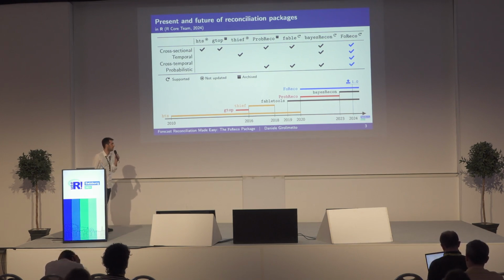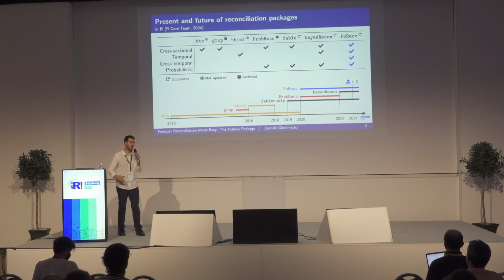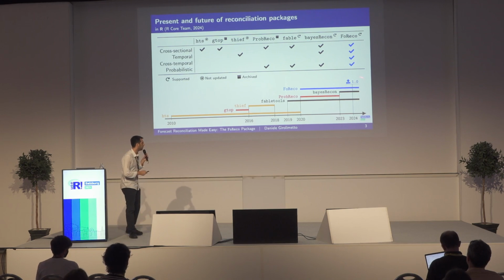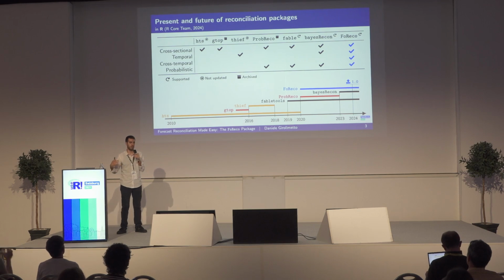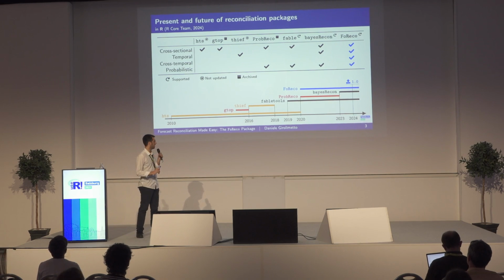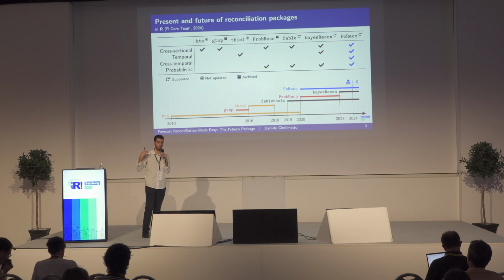What we want to do with FoReco is to cover all these frameworks. So we want to cover cross-sectional, temporal, and mixed temporal and cross-sectional reconciliation using the cross-temporal approach, and also look at probabilistic forecast reconciliation. I want to point out that in these days a new version is also going out, version 1.0, that makes a lot of changes and broke the previous version. So if you use the previous version and you do the update, everything is changed because we want a more user-friendly interface and faster code.